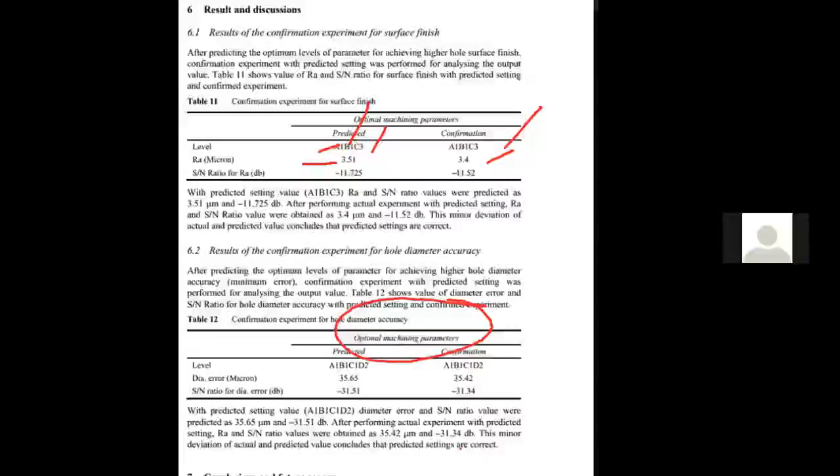A step ahead of this is when the number of outputs increases: 2, 3, 4, 5, 6. You cannot apply the Taguchi method on a single output, so you have to give some weightage to each output factor. We call it multiple responses. We will not cover it in this particular topic, but ahead of this are multiple responses and how to do the optimization. But if you have a clear idea about this, the only remaining thing is weightage, meaning what weightage you have to give.